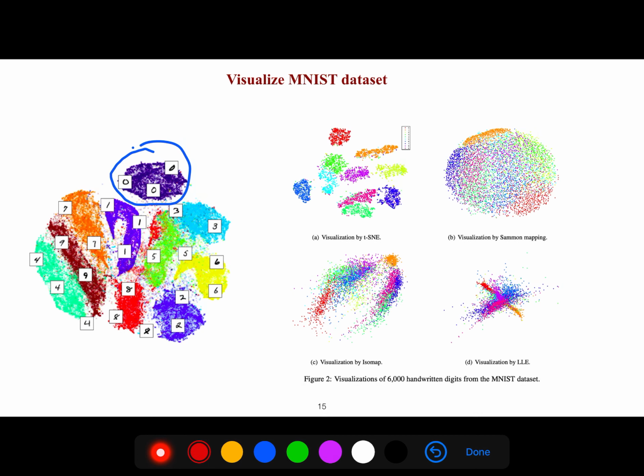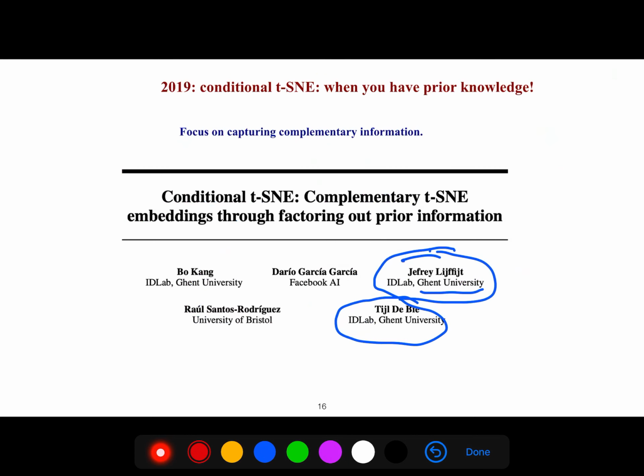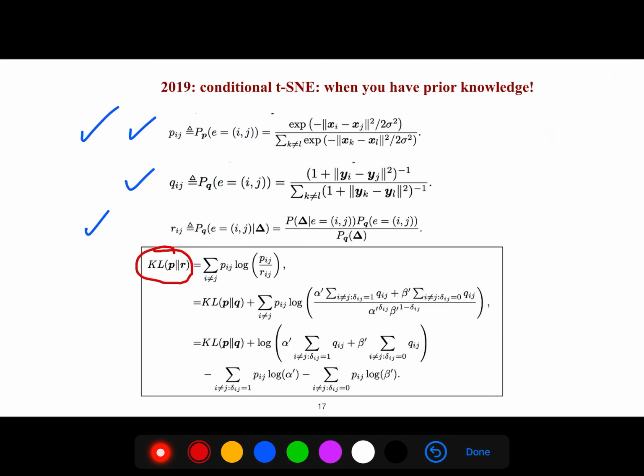So t-SNE is very popular now in computational neuroscience as well as computational biology and many other fields where you want to focus on a kind of dynamic way of visualizing. For example, sliding some variable and graphically these things move, repel each other or come close to each other, and you can see the effect of all of these things. And the conditional t-SNE, as I said,